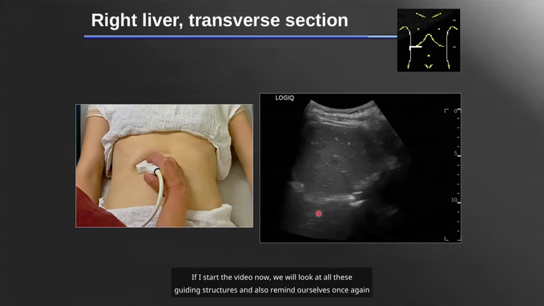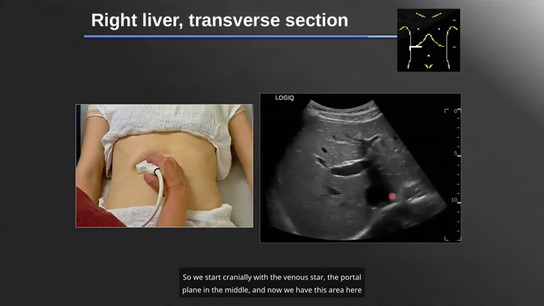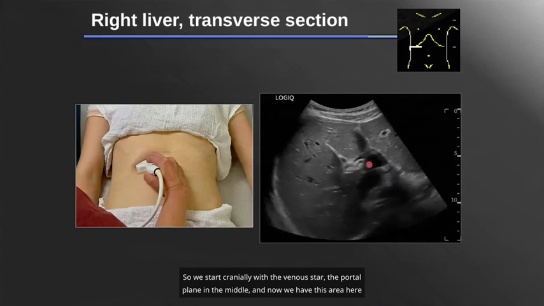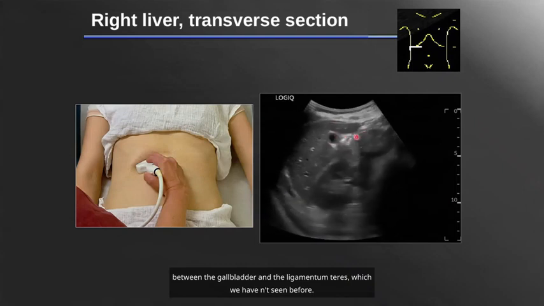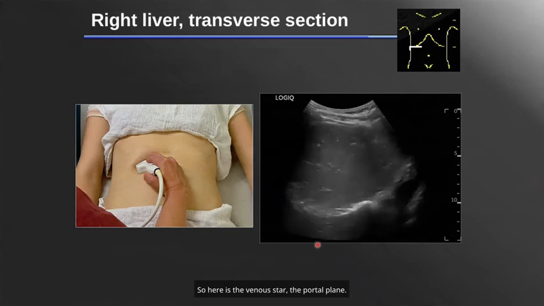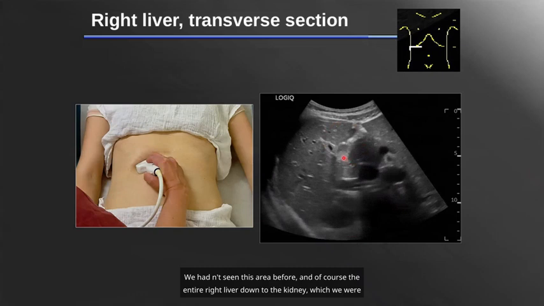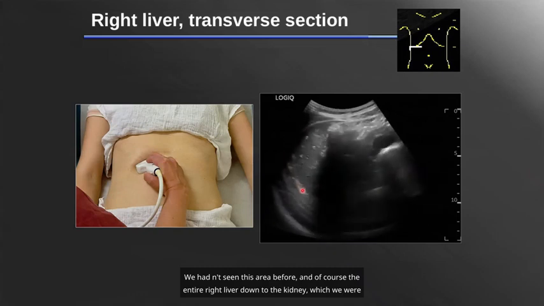If I start the video now, we will look at all these guiding structures and also remind ourselves once again which areas we have already seen and which ones we haven't. So we start cranially with the venous star, the portal plane in the middle, and now we have this area here between the gallbladder and the ligamentum teres, which we haven't seen before. I'll start the video again, and of course the liver is to the far right of it. So here is the venous star, the portal plane. We hadn't seen this area before, and of course the entire right liver down to the kidney, which we were